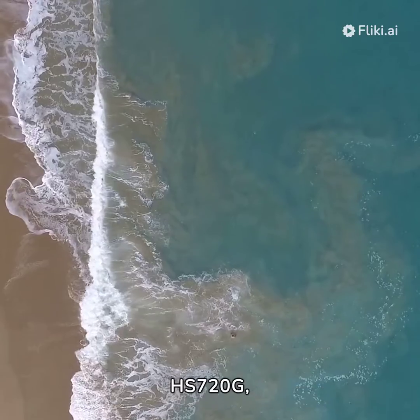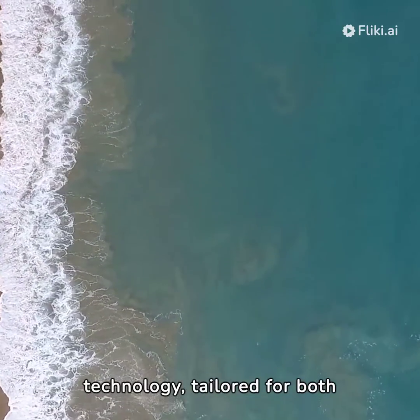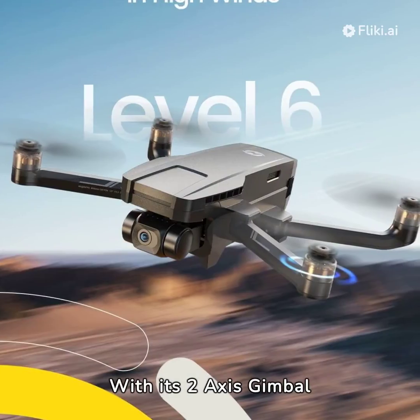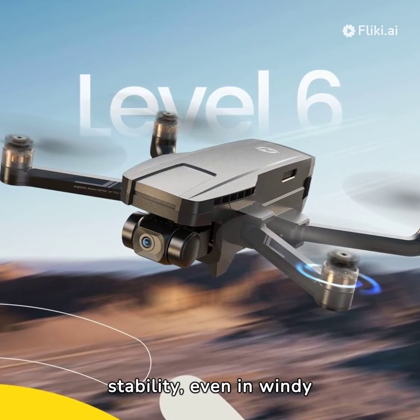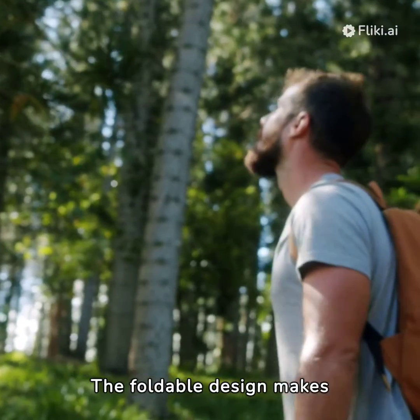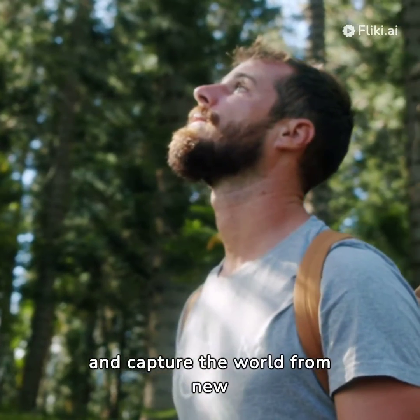Introducing the Holy Stone HS720G, the pinnacle of advanced drone technology, tailored for both beginner adults and seasoned pilots. With its 2-axis gimbal and 4K EIS camera, every moment is captured with breathtaking clarity and stability, even in windy conditions. The foldable design makes it the perfect travel companion, allowing you to explore and capture the world from new